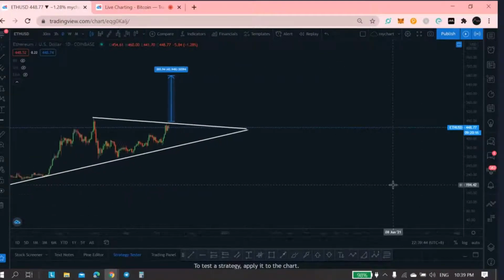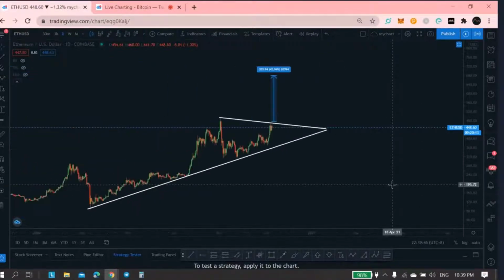So there, let's see how it goes for Ethereum. Currently, actually, I'm waiting for a breakout or if it rejects this area. So this is a very critical moment for Ethereum. So a breakout or rejection. So of course, if it rejects this area, possibly it will trade and possibly retest this previous